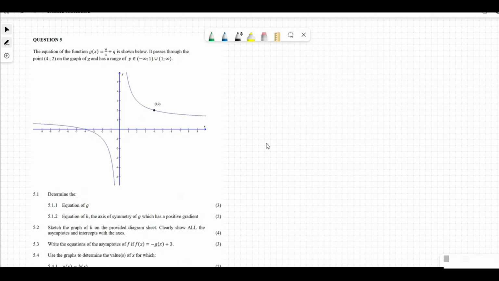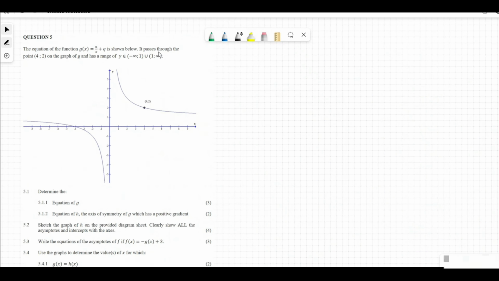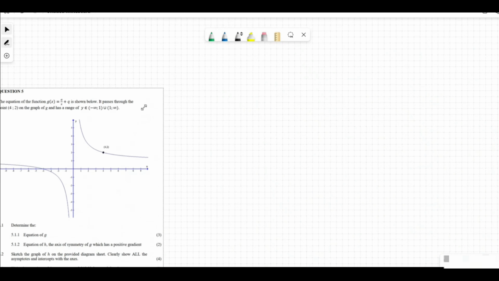Okay, question 5. Determining the equation. This is what we are dealing with here. I want to determine the equation of g. I see 5.1, they're asking the equation of g. I could just see that by just looking that way. I don't have the value of a and the value of q. So question 5, they're saying the equation of the function g of x,